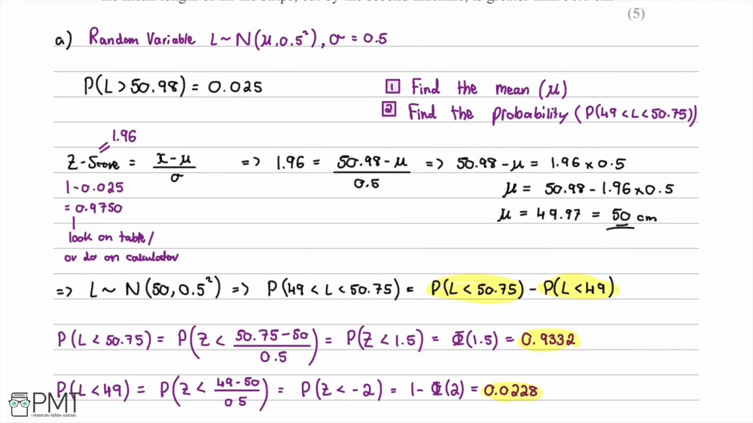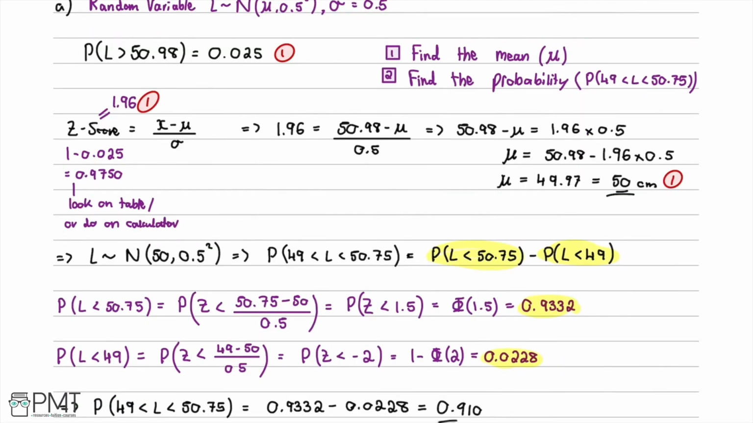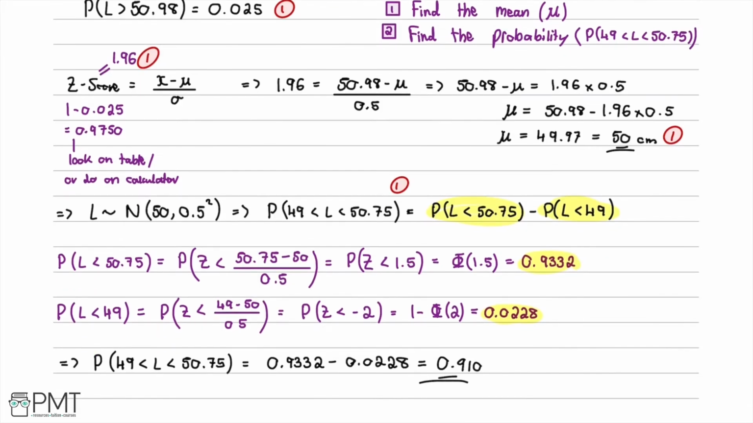So in this question there was 5 marks available, and we receive our first mark for knowing to use the information that we were given and putting together the fact that the probability of L being greater than 50.98 was going to be equal to our 2.5% probability. We then receive our second mark for successfully working out what our z-score was, so that was 1.96, and then we receive our third mark for finding that the mean mu was equal to 50. We then receive our fourth mark for then knowing to find the probability that L was between 49 and 50, and then we receive our final mark for working out the correct answer and concluding with